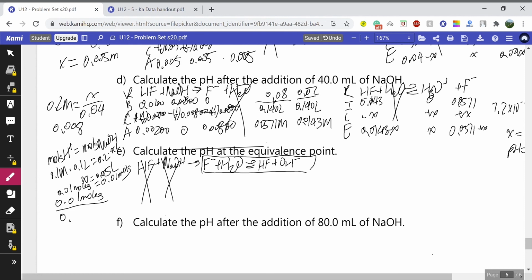We're basically adding 50 milliliters of our NaOH to our original 100 milliliters, so it's going to be 150 milliliters, or 0.150 liters. So 0.01 divided by 0.150 will give us